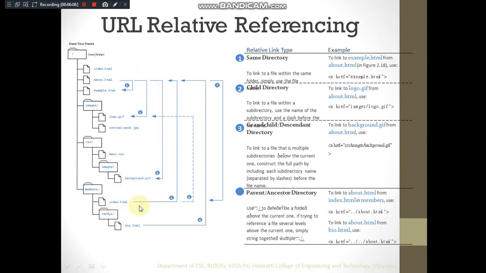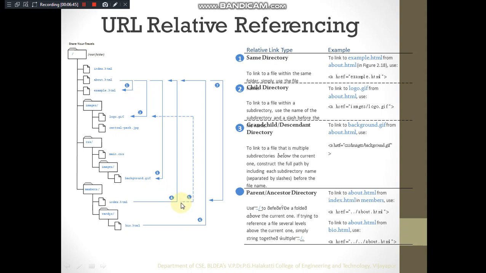So we'll see one more scenario here. The fourth example, in index.html we would like to link to about.html. What way do we have to specify? It should go to where? The about directory, the double dot, right? Then about.html, isn't it? This example, this is fifth one. a href equal to dot dot, that is it should go to the outer directory of the current directory. Currently index.html, this directory is inside members, it should go outside. Here root directory, in root directory it should go to about.html. I am talking about fourth example.